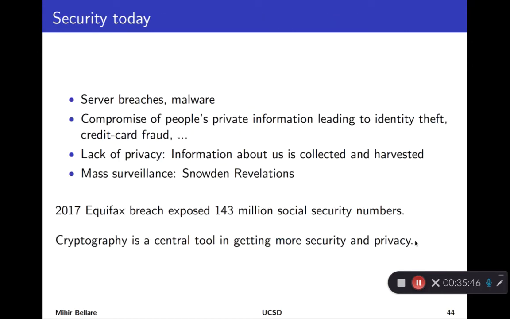So where are we today in this quest for security? We've developed, or we'll see how we will develop, quite a bit of crypto, and there are many other things, but it's fairly evident if you look around that security is much of a concern. Server breaches are common, malware infiltrating computers is common. We see loss of information and private data and credit card fraud arising from break-ins to servers. Those are fairly visible. Perhaps what is less obvious is the way our privacy is compromised by the harvesting and collection of data about us.